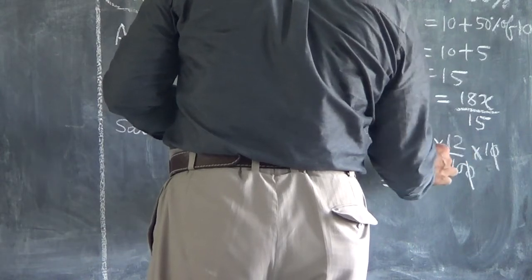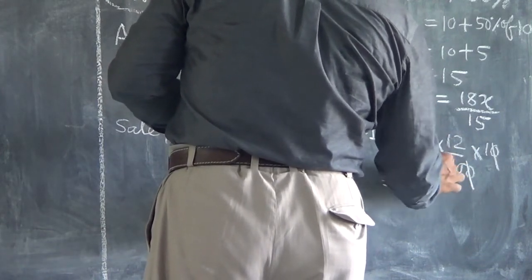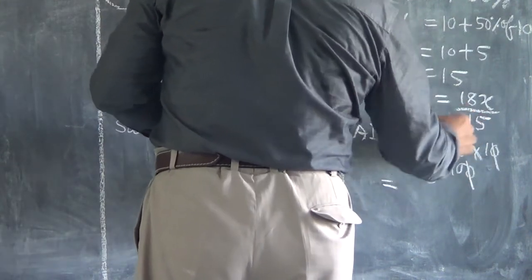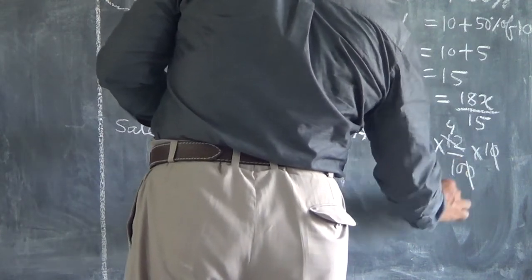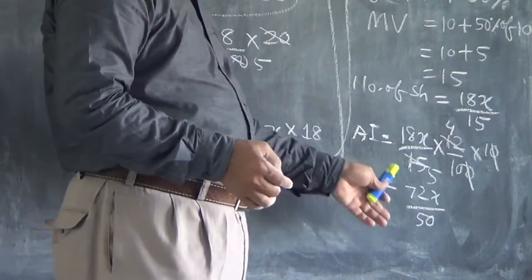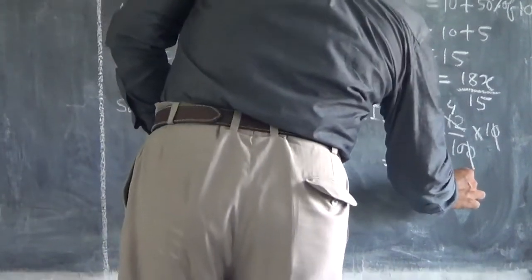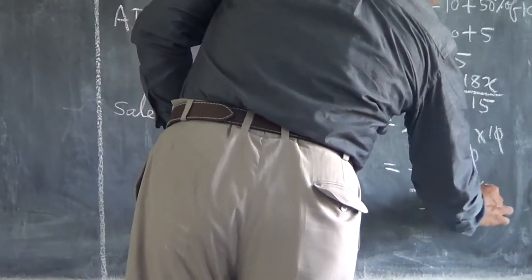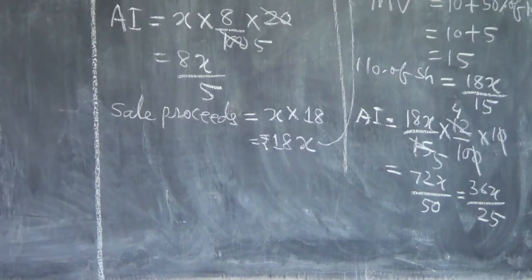3 5s are 15, 3 4s are 12, you can cancel. So 18 into 4, 72x by 10 into 5, 50. I could have gone for cancellation mode, I kept it here. You can cancel 36. By 2 if you cancel, 36x by 25. You can write that. And now according to the problem,